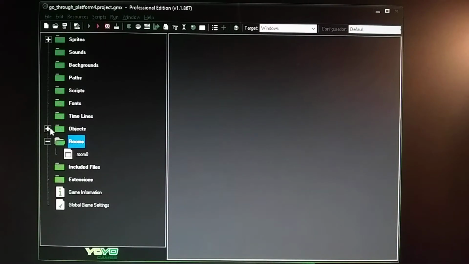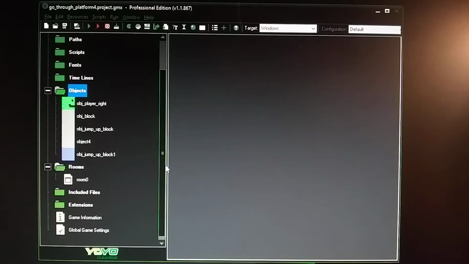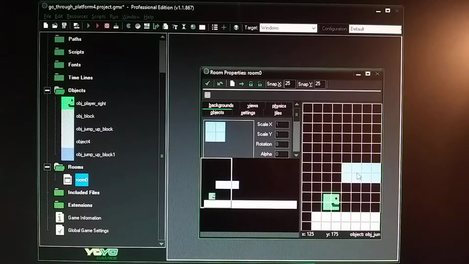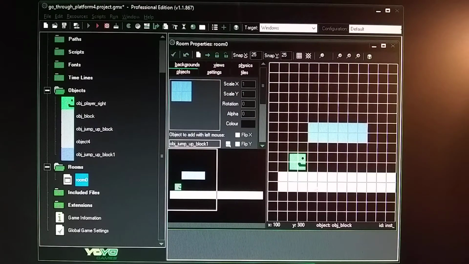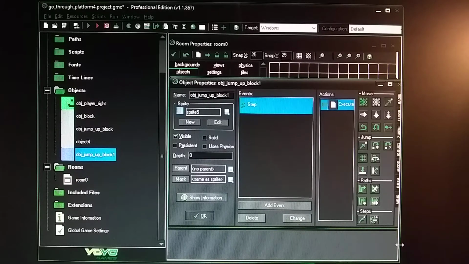Alright, I'm going to touch base on the go-through platform, because everything else I've talked about in the past, dealing with jumping and gravity. So we have a normal block that he lands on, then we have a block that he goes through. So this block is called object up block 1, and